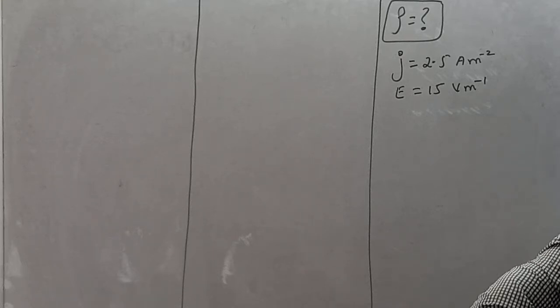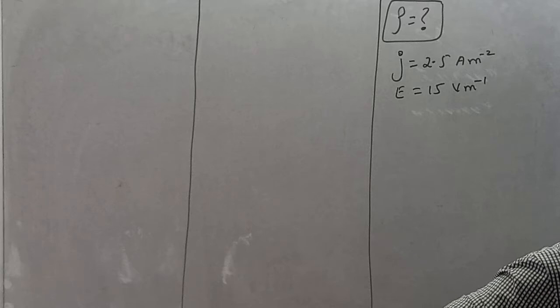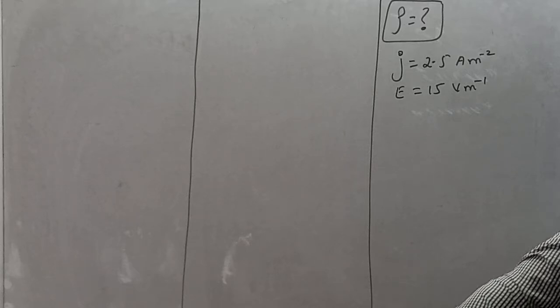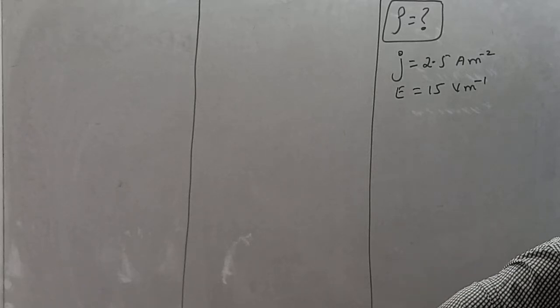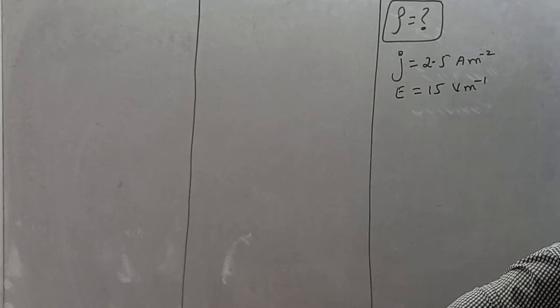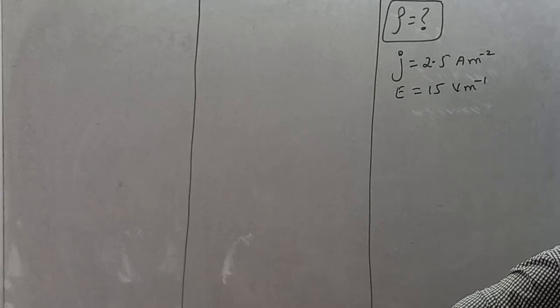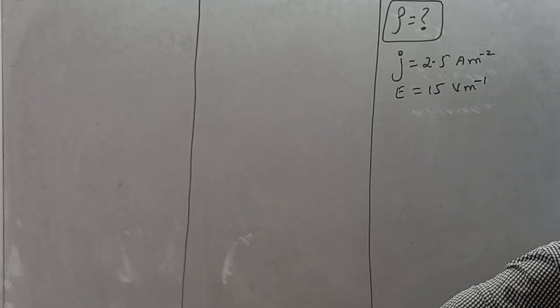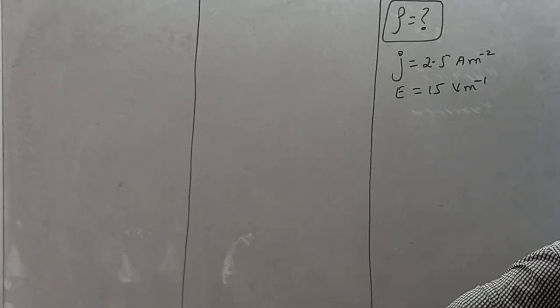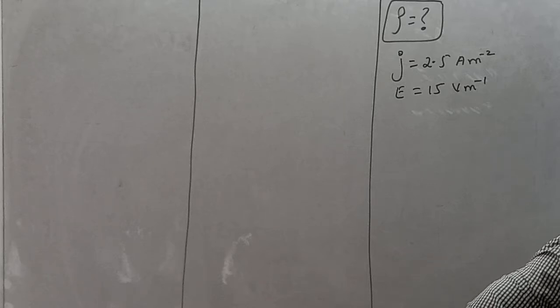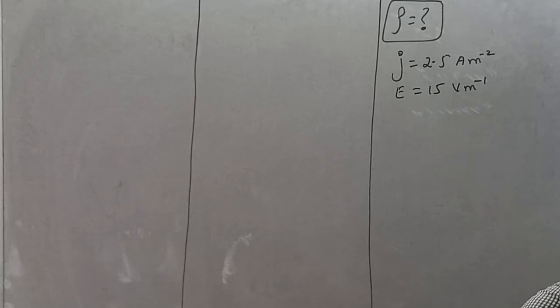I'm repeating once again. Find the resistivity of a conductor in which a current density of 2.5 ampere per meter square is found to exist when an electric field of 15 volt per meter is applied on it. Now see, my dear student,